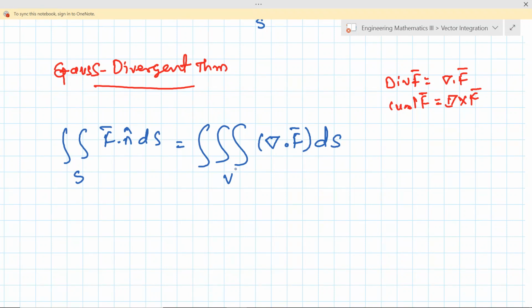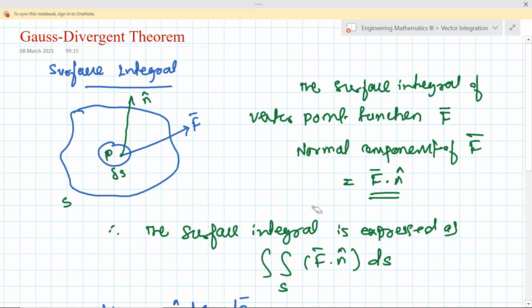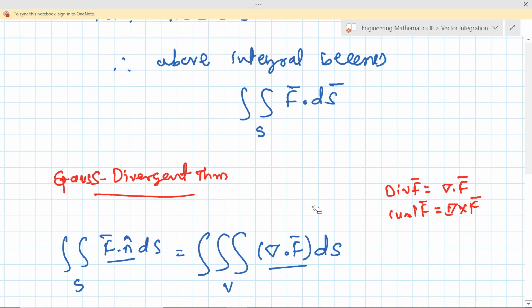This is the statement. So in an online exam, there may be a question: what is the Gauss divergence theorem among the following? This is the correct option: F bar dot n cap is there, which is the normal component of F bar, and this is the divergence. The options may vary. There may be a del cross F bar in the triple integration, so that is wrong. There is a divergence of F bar in the integration. So this is about the Gauss divergence theorem. Let us see some examples based on it.